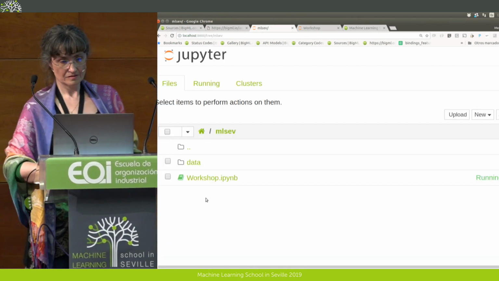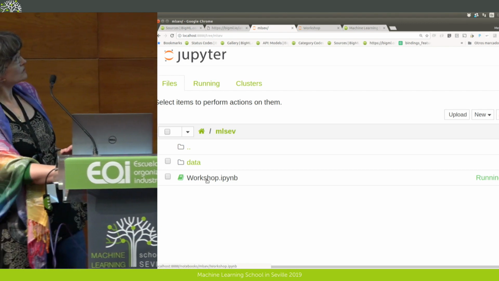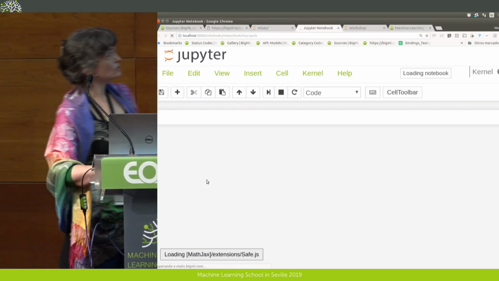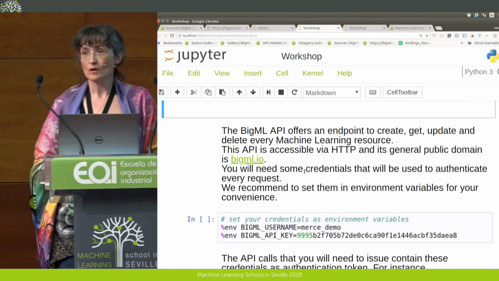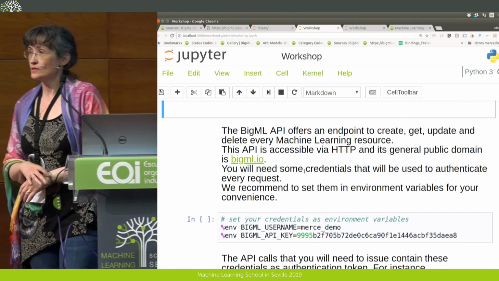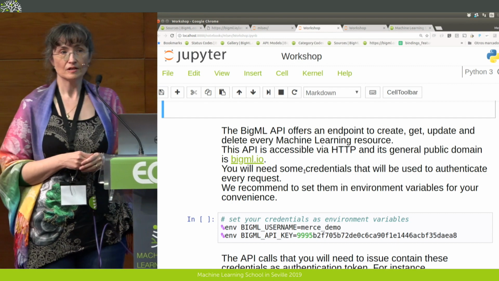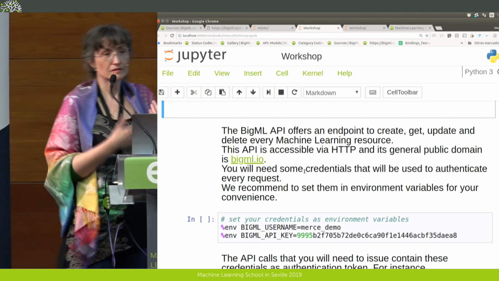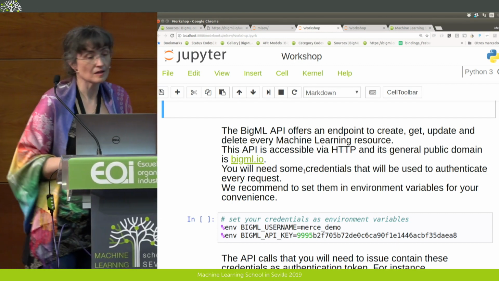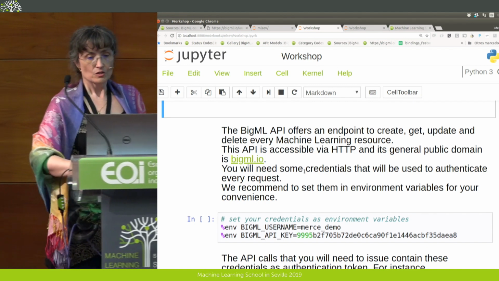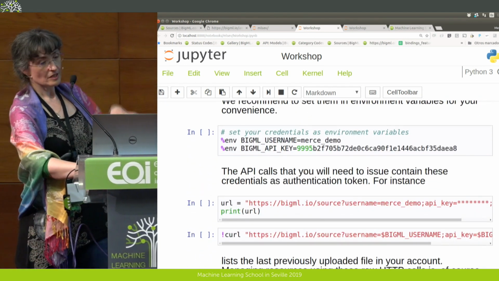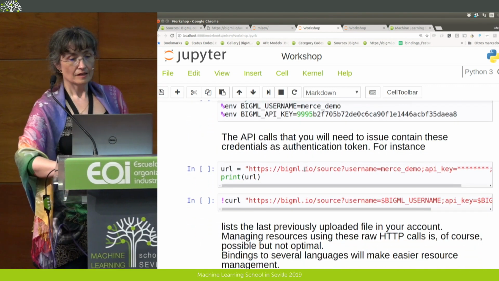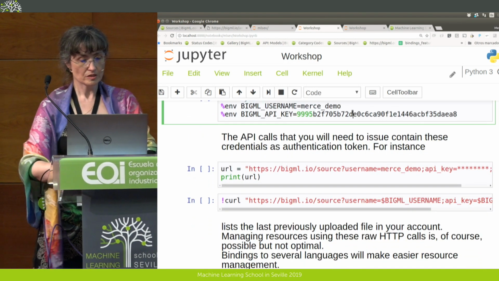And that's the aspect that it should have, this workshop notebook. We'll go step by step to describe what you should do if you want to use BigML from your computer by automating it, integrating it into any Python application. So first, of course, you set your credentials, as I said. And after that, you'll see